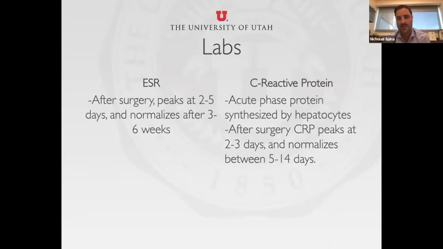There have been studies that show the invasiveness of the surgery, operative time, amount of blood loss, the insult to the patient, influences both the peak as well as how long it takes to recover, with those surgeries that are more invasive causing more of an inflammatory response. ESR is also helpful. It tends to peak at 2 to 5 days, but it really doesn't normalize until about 3 to 6 weeks after surgery. So for me, it's something that provides a little piece of added information, but I often hang my hat on